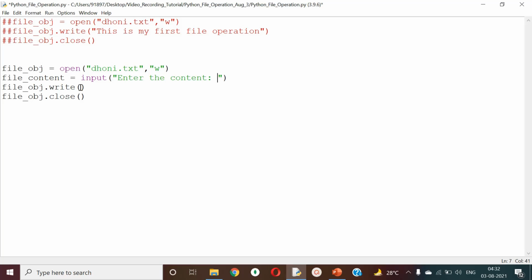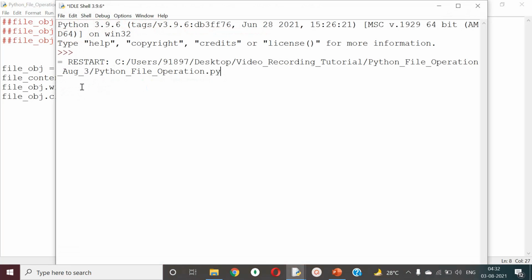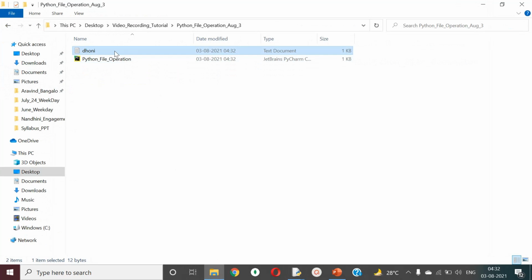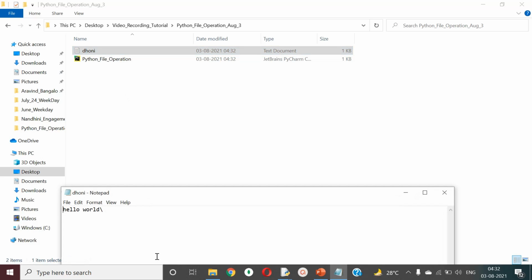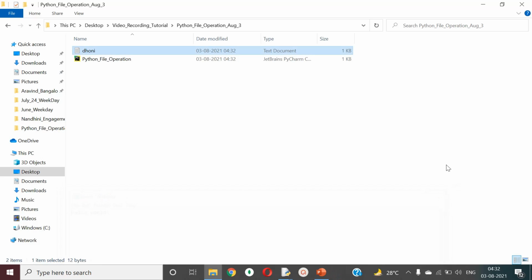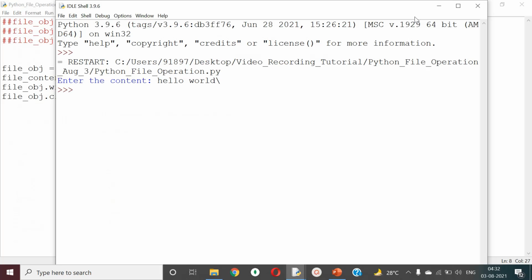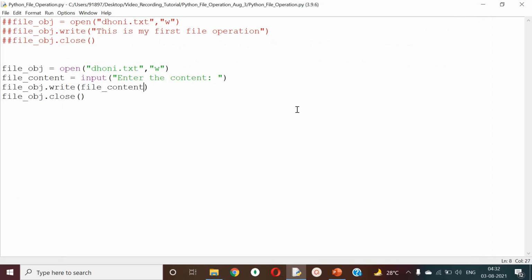So here, instead of writing static data, you just pass this variable over here. That's it. Now let me go to the file and open the file. There you see, now it contains the latest data. Okay. Now what I have done is I just altered my code in such a way that I don't give the data statically every time to the text file.